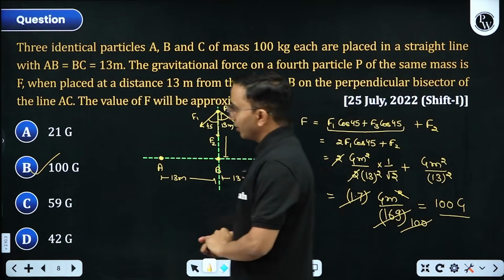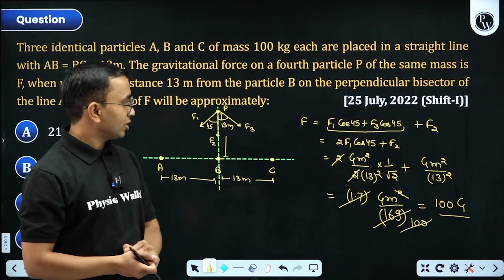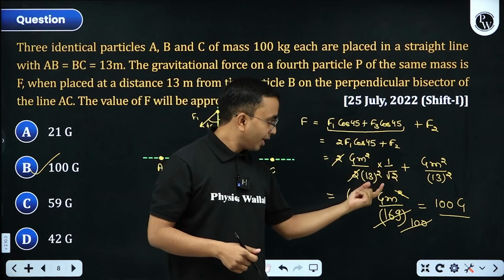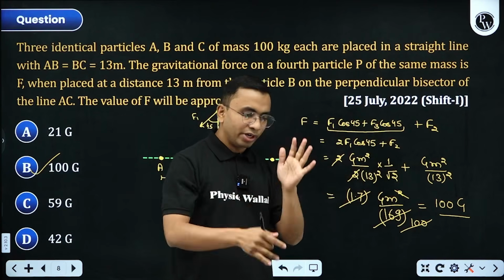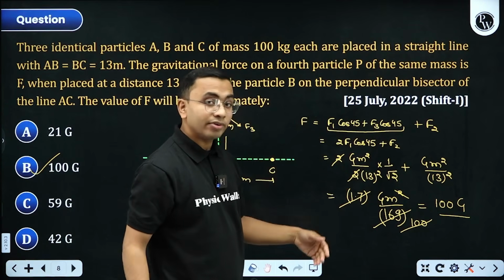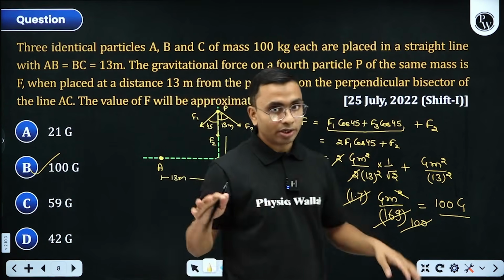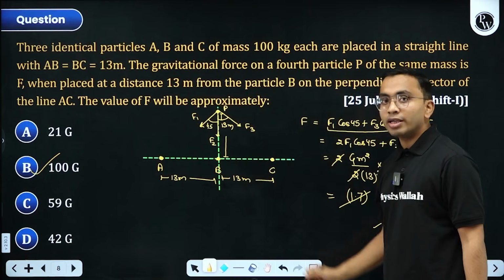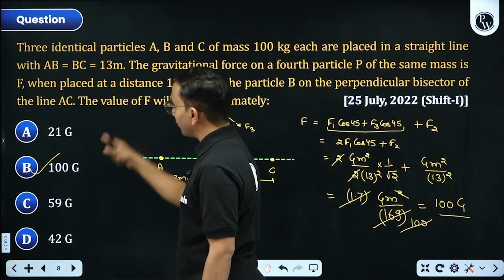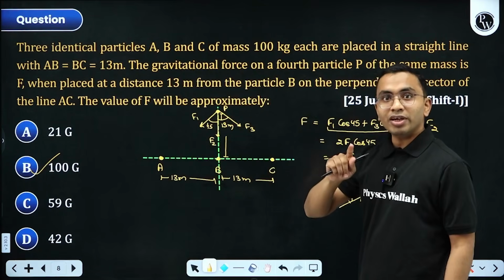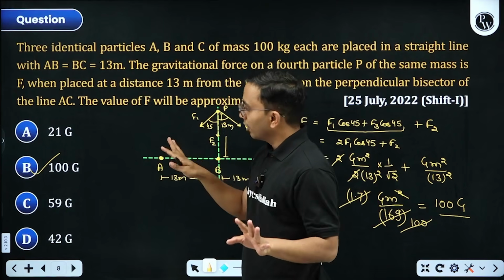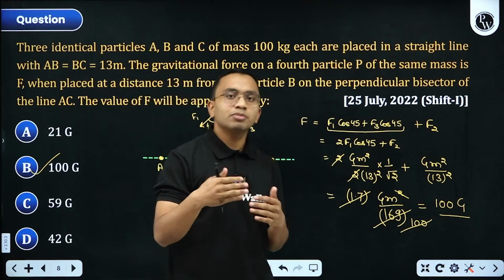Getting it? You need to be a bit smart while doing the calculations. If you go otherwise, putting the value of root 2 as 1.4 here and then try to calculate 1.1 divided by 1.414 plus 1, and then putting the values and trying to calculate exactly, it will take way longer time. See here, they are saying approximately. Even if it is not mentioned approximately, first of all I'll come to the options and see that there is so much gap between the options. So I can do the calculations by taking some approximation.